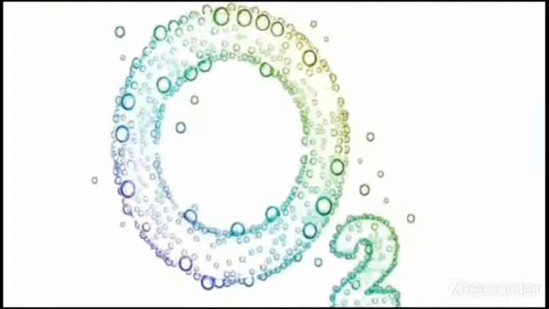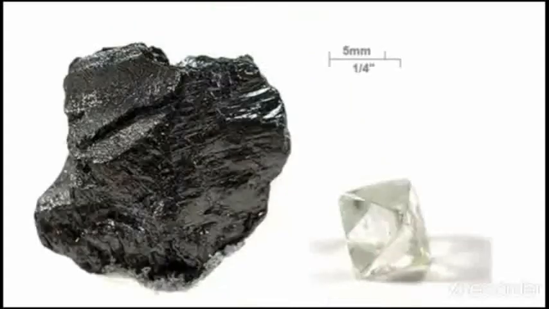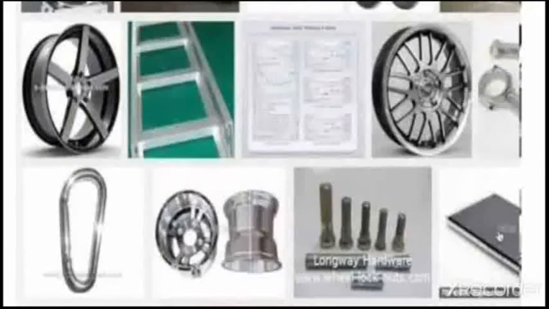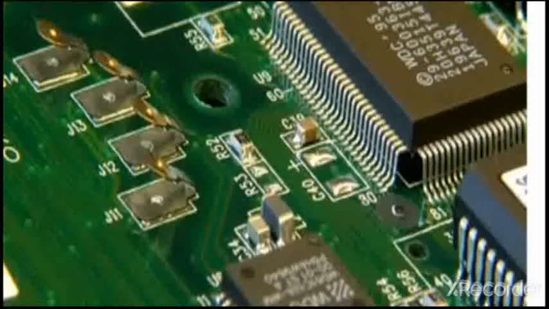For example, oxygen. Can you imagine life without oxygen? No, isn't it? It's present in p block. And carbon, the basic element present in all organic compounds, isn't it? It's also present in the p block. Next one is aluminum. Aluminum can be used for various purposes, isn't it? And in modern electronics, silicon and germanium can be used as semiconducting devices. Okay, let's get into the chapter.